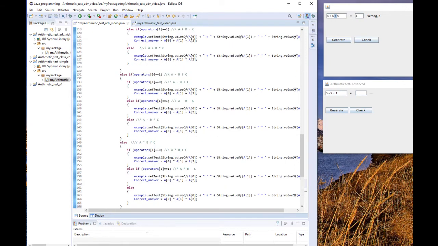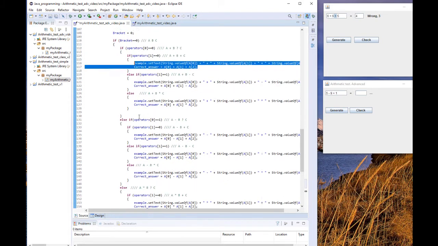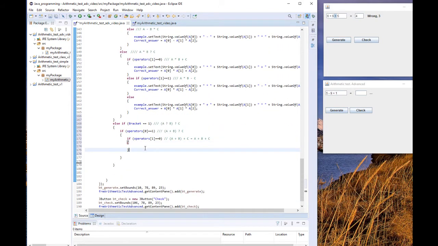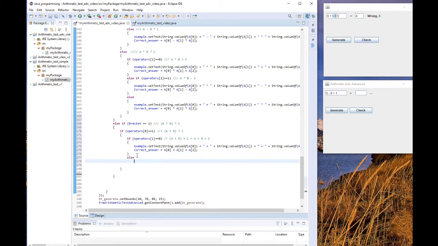So what we can do is go back here where I do have two pluses, without any brackets, and simply place that particular part. That will still be okay, isn't it? Because again, with A plus B plus C, it doesn't really matter whether we have brackets here or not. The answer will be the same. So I will not place those brackets here. No need. Else, okay. So else if